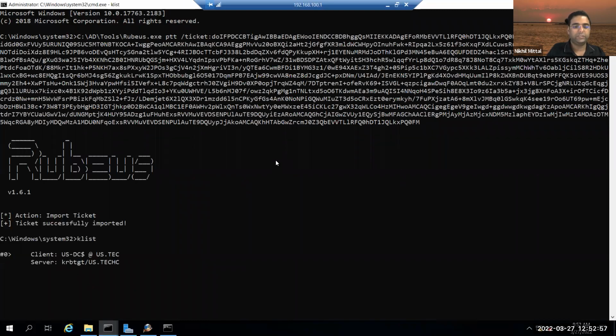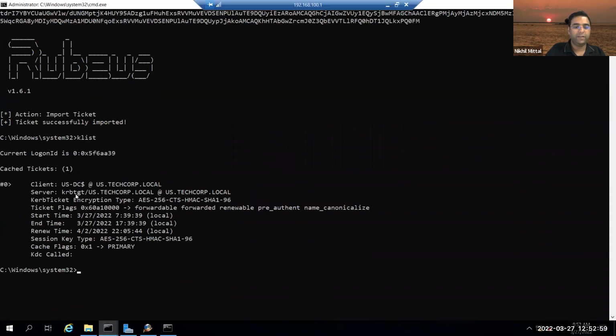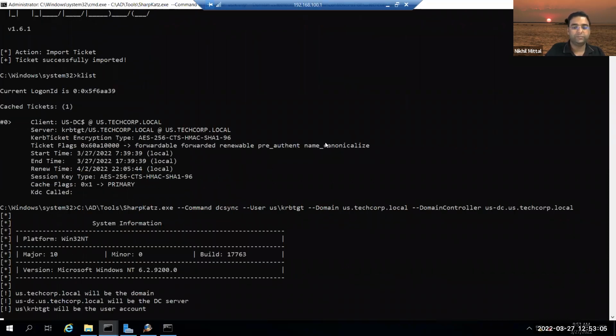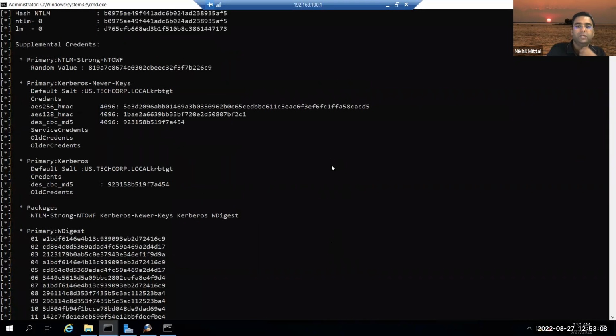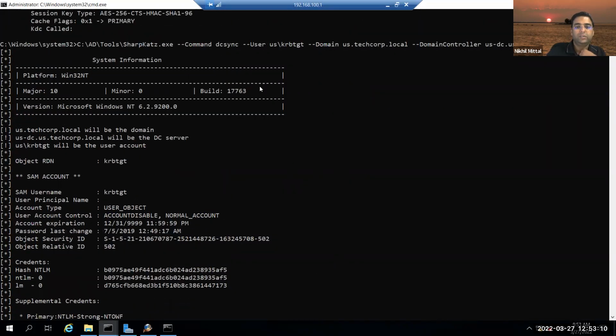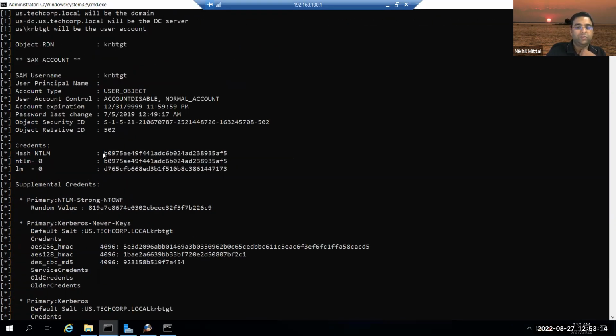Ticket imported successfully. If we run klist, you'll see that we have a TGT for the USDC dollar. And now we can simply run DCSync against the DC, against the Kirby TGT account. So we've got the NTLM hash and AES keys of the Kirby TGT account that would allow us to